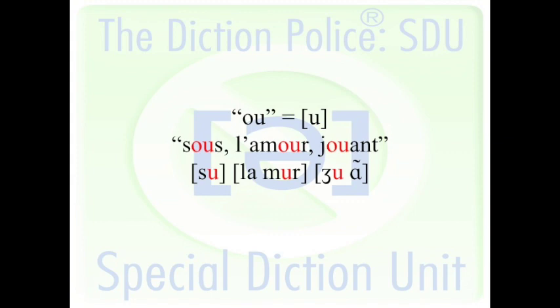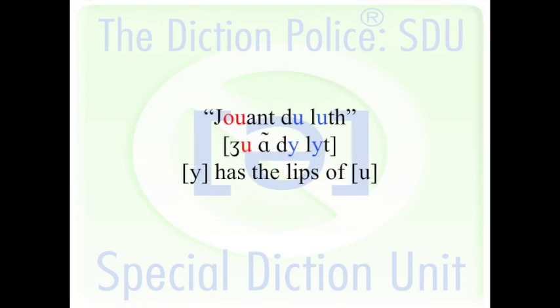And for me, "jouant" is a very important one because right after it we have "du luth." We have the lowercase y sound. Exactly. So whenever you have U and U in close proximity, you have to make sure that they're both well established. Because as we said earlier, U has a component of U in it. Right. So if you're not really clear on establishing the U and then really establishing the E shape for the U, they tend to not read properly. So in this case, first it's "jouant," and then you can use actually that first shape of U, but you have to put an E into it to get "du luth."